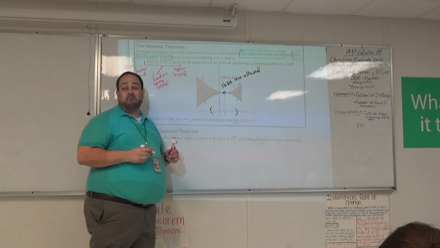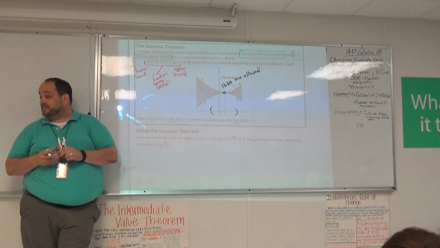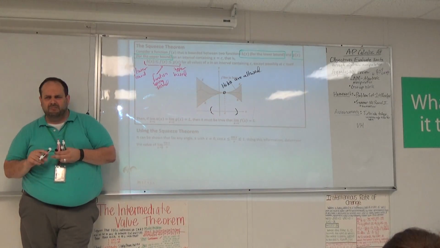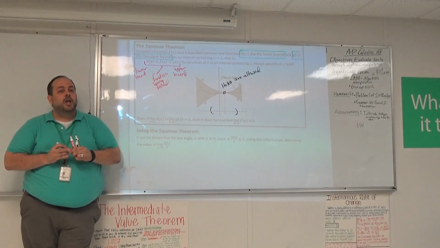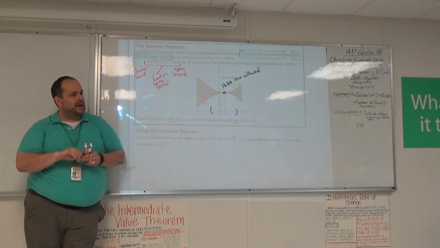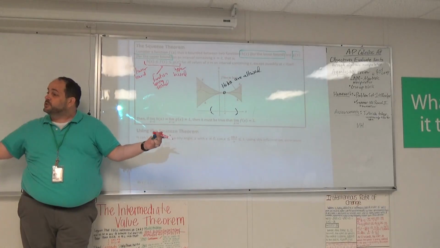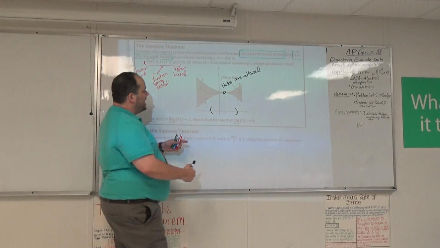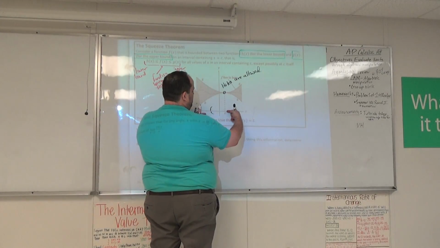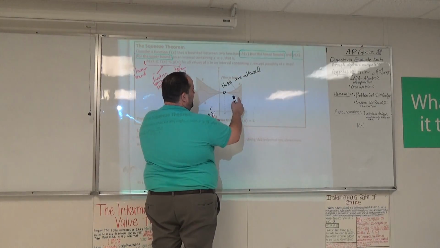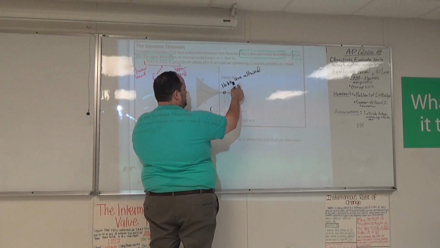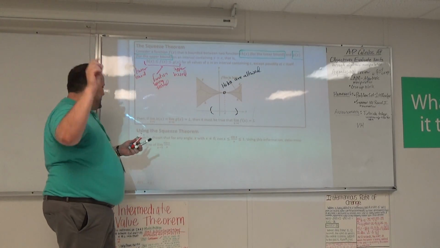Pretty much holes are always going to be allowed when it comes to limits. Because, why? We're approaching it. No one actually cares what happens when you get there. It's about what happens as you get close. So as long as I get close to c from the right and c from the left, h is less than f is less than g,